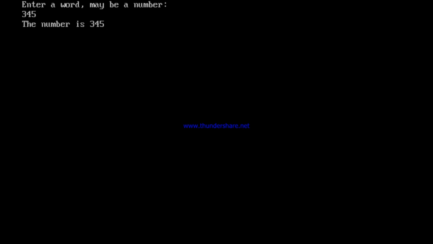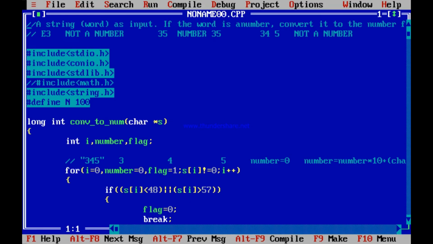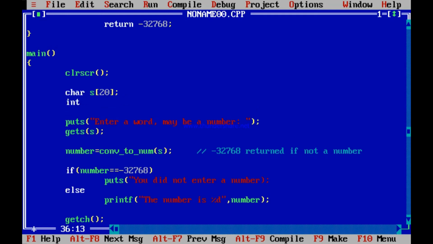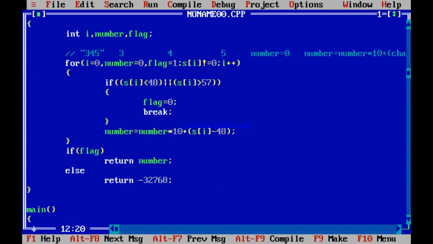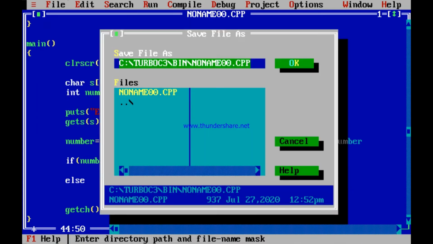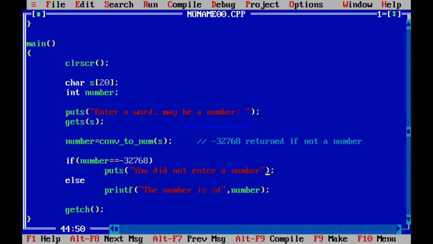345. The number is 345. Converted. You remember, you have printed a %d. You have scanned a string and outputted an integer. See, 345. Sorry, some problem. Okay. So the problem was that the save did not happen properly. So this int number is gone. Let me save it. Otherwise, I have done everything. Okay, everything done, only that saving was not done. Anyway, so you did not enter a number, and the change that I made was also not saved. Remember? Okay. Now I need to again save this and run it once more.